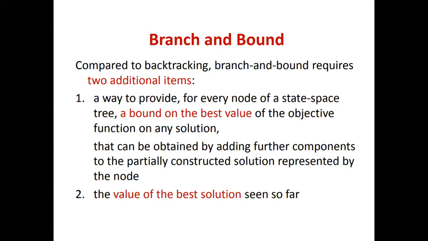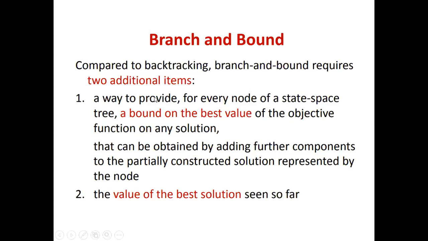Clear? One more difference you should note is that in backtracking, the approach we use is depth first search in the state space tree, but in branch and bound, it is breadth first search, BFS. So we will use BFS here. We will see all these things in detail with an example, but all this theory you should know. So that is the difference between branch and bound and backtracking. Clear?